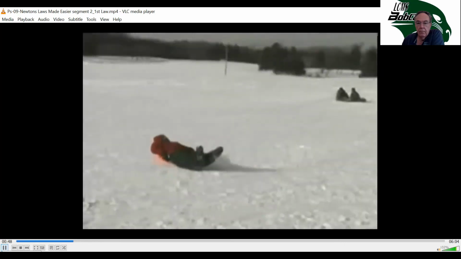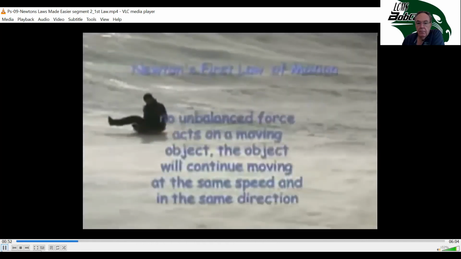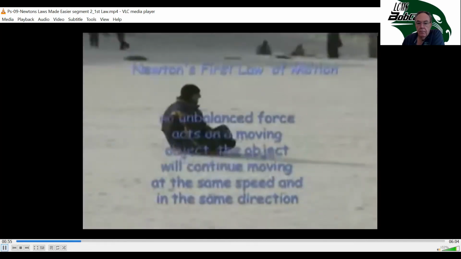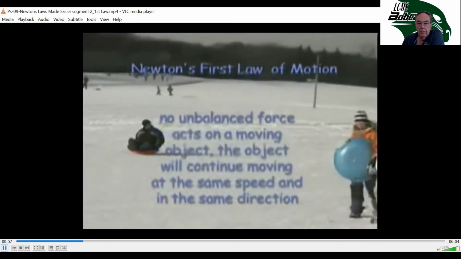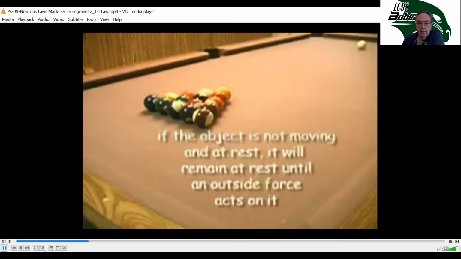So Newton's first law of motion states that if no unbalanced force acts on a moving object, the object will continue moving at the same speed and in the same direction. And if the object is not moving and at rest, it will remain at rest until an outside force acts